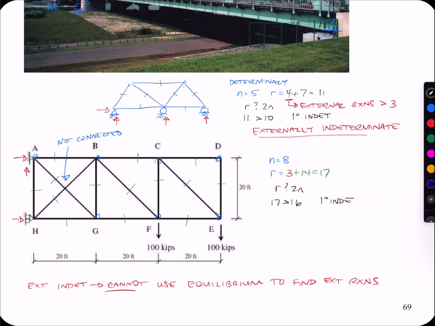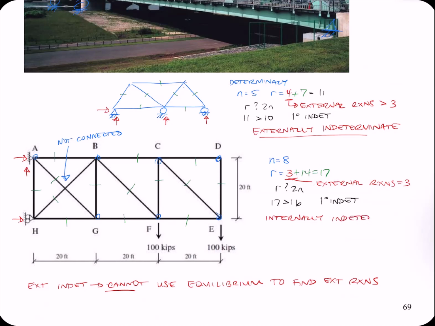We're still 1 degree indeterminate, but now we're in the conundrum where our external reactions equals 3, and if I try to take one of these off, I'm going to end up with an unstable structure. If I try to take the roller off, it's just going to be rotating rigidly about the pin. If I change the pin to a roller, it's going to be like it's on a skateboard on the side and just rigidly roll away. So this is what we call internally